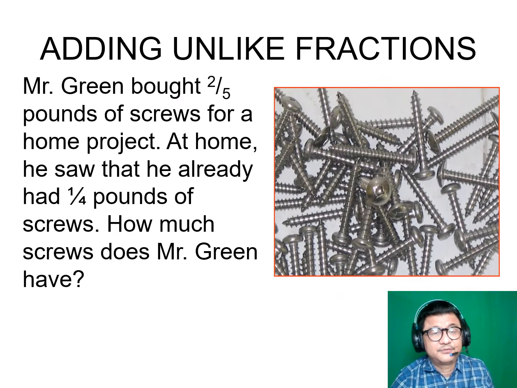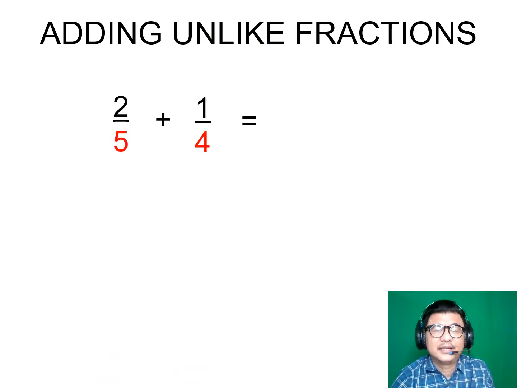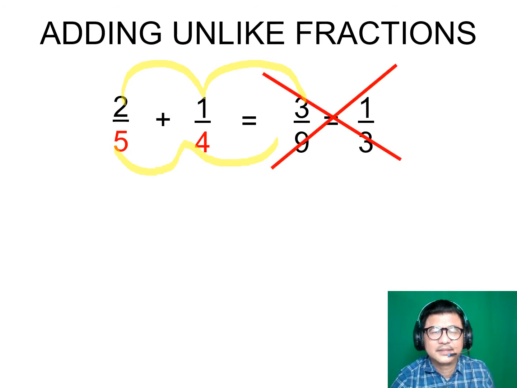Another one, adding unlike fractions. Mr. Green bought 2/5 pounds of screws for a home project. At home, he saw that he already has 1/4 pounds of screws. How much screws does Mr. Green have? Okay, so let's move on. 2/5 plus 1/4. We're adding unlike fractions again. Check this out. So again, don't do the wrong way. 2 plus 1 is 3. 5 plus 4 is 9. And then 3/9. No, you cannot do that. Okay? Because again, why? The denominators are